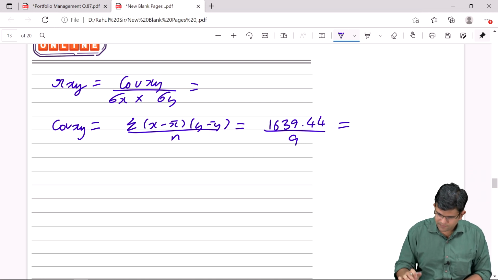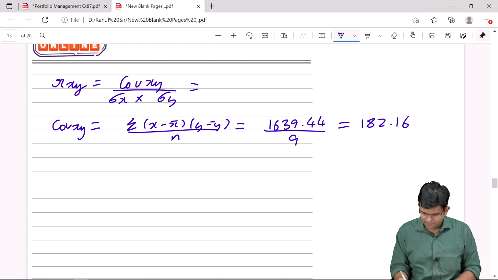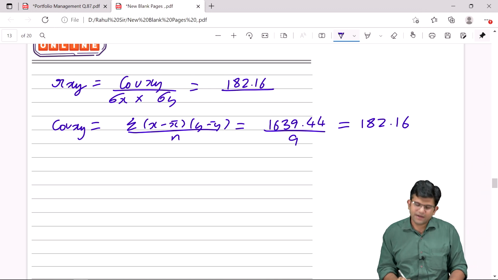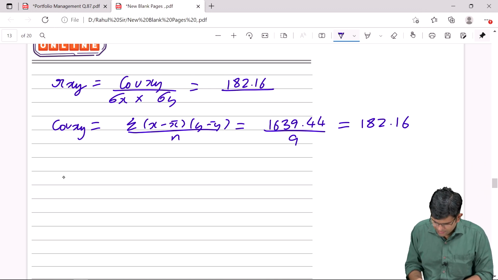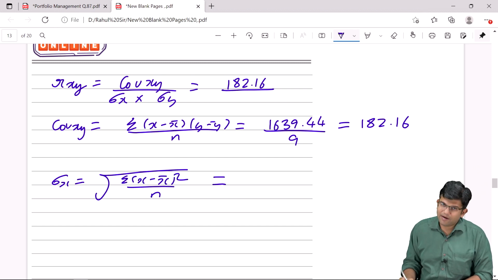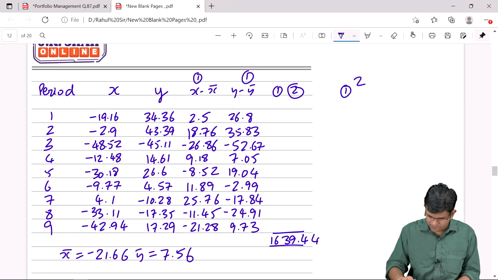So if I divide this by 9, I get 182.16, which I'll write here, 182.16. Now what we need is sigma x and sigma y. Now as far as sigma x is concerned, it is under root summation x minus x bar the whole square divided by n. So for that we will have to do, for x square, 2.5 into equal to M plus, 18.76 into equal to M plus,